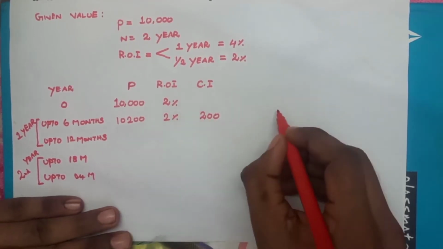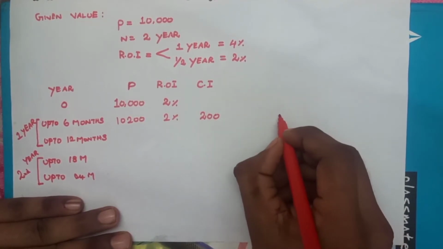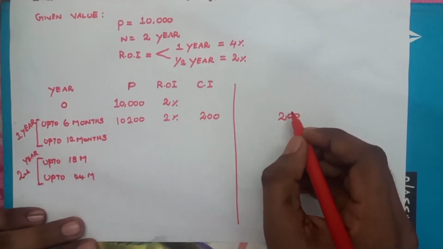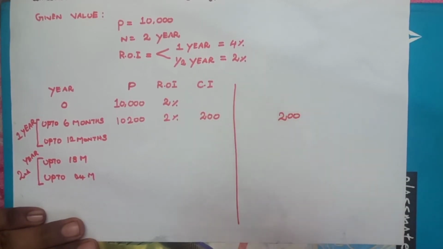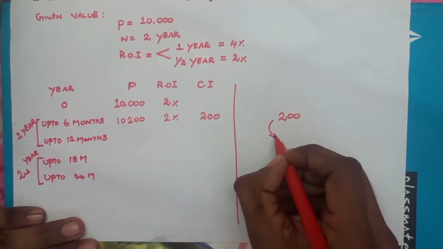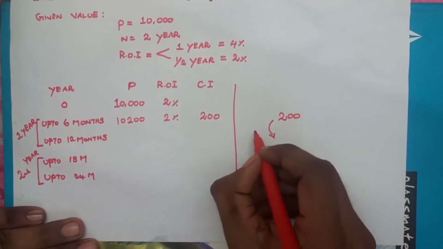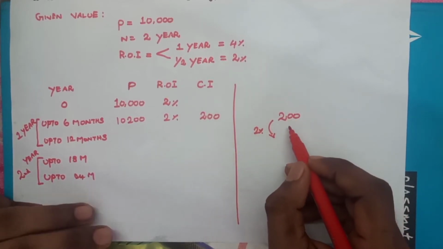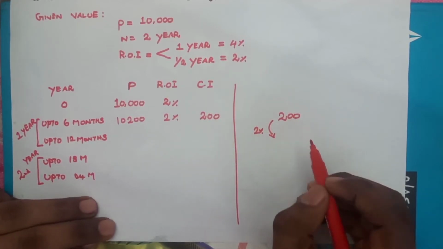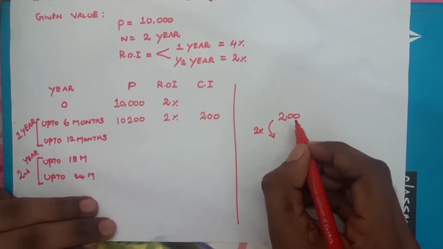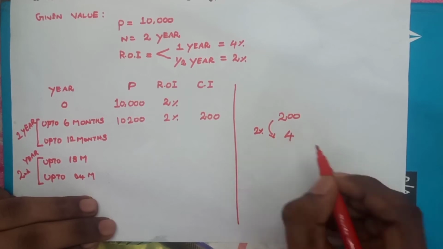Here, what is the first time interest amount? That is 200, right? I will put here. This is a general table. So 200 is your first time interest amount. Totally 4 times over there, right? And it's also called the interest on interest scheme. So you will take again 2% of 200. Then 10% is 20, and 1% is 2, and obviously 2% is 4.